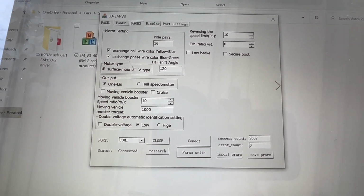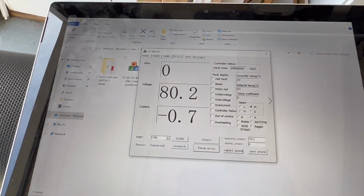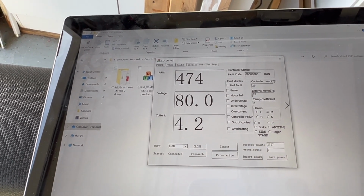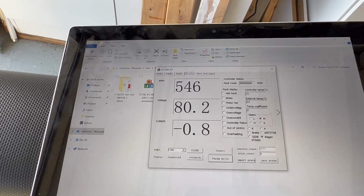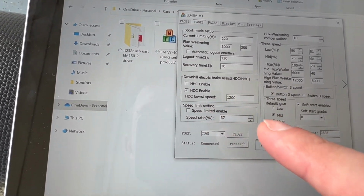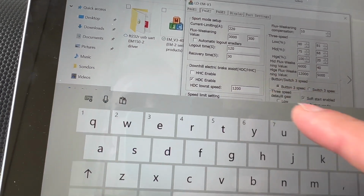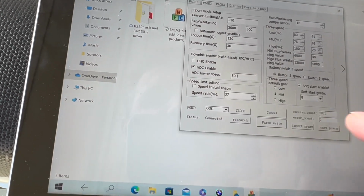I left the EBS ratio at 0% to show you something else. So with the default settings, I can pull the throttle and the RPM will go up to whatever I feel comfortable with on this stand. And it goes down very slowly, obviously. However, if I go to page 2, there is this HDC enable, which says downhill electric brake assist. So if I change this to, let's say, 500 and write it,